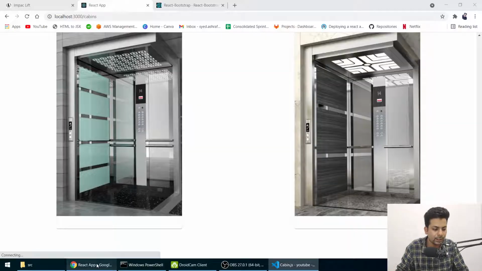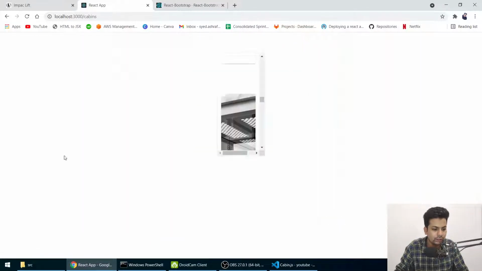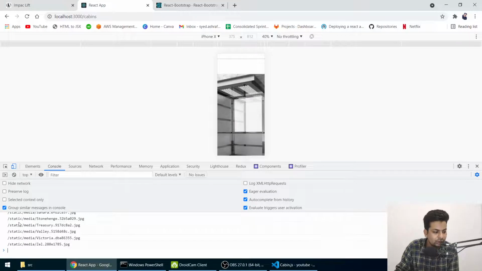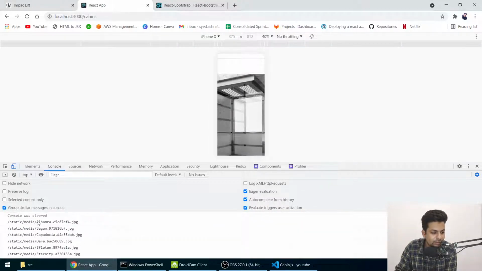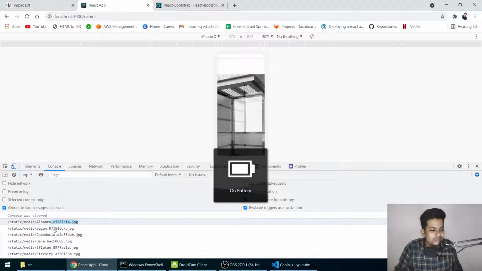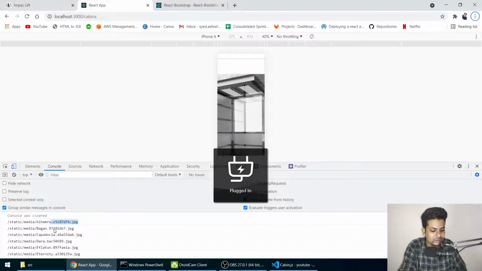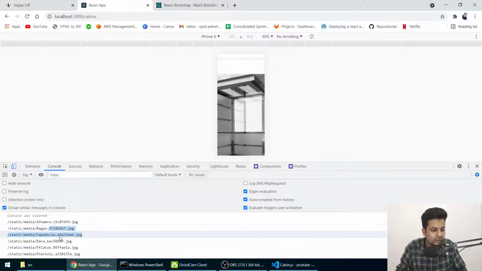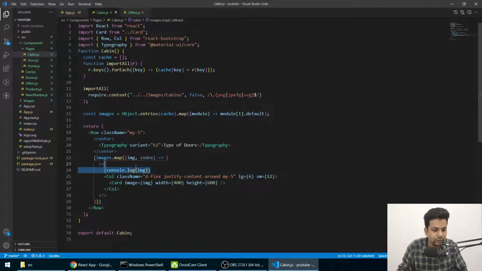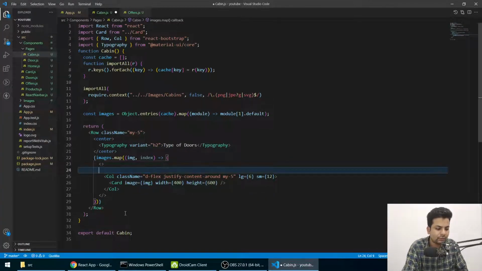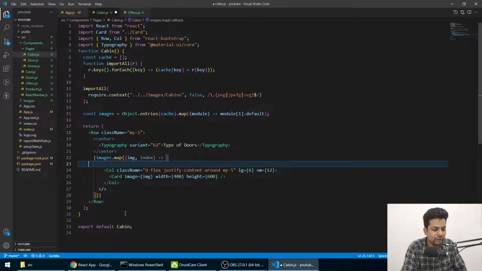Now if I go here, inspect the tab, go to console, see the images come like this, these are the names of the images: Almera, Began, Cap Zero. Automatically it uses dot something dot jpg, then dot something like this. So I have to get these names because these are the titles of the image. So for that, let me just remove that thing.